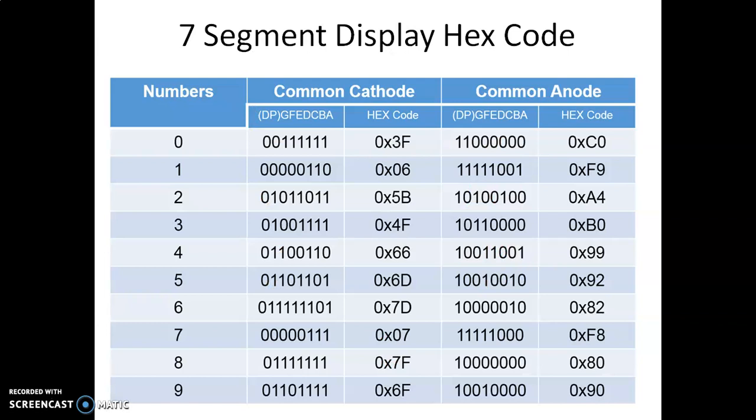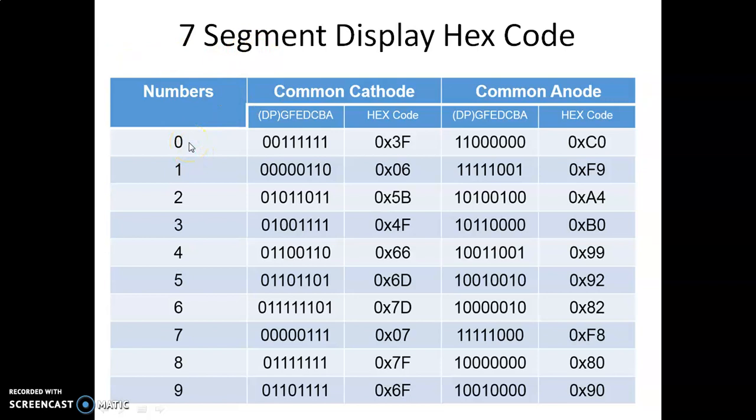So with respect to that, here is one table. We can see when we want to display logic 0, because this is a 7 segment display which can display only numerical characters. There are two kinds of characters, alphanumerical and numerical. Numerical means 0 to 9 numbers, maybe single digit or 2 digit also. And alphanumerical means alphabets, A, B, C, D up to Z, capital or small. That is also possible, but actually the 7 segment is only for displaying numbers.